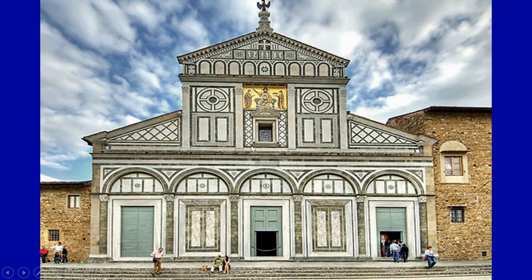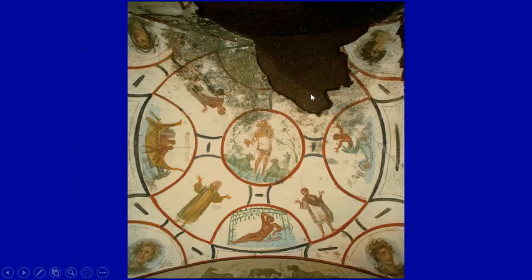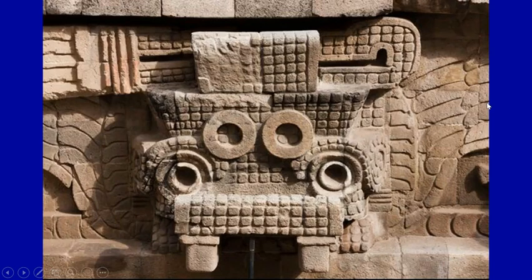Italian churches of the late medieval era. You can see the squares and circles in the Etruscan tombs, circles and half circles. So you can talk about the geometric quality of some of these shapes. You can see the circle that creates the shape here, the circles and the squares in Mesoamerican sculpture,